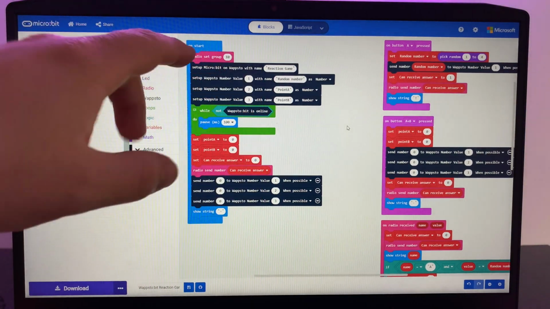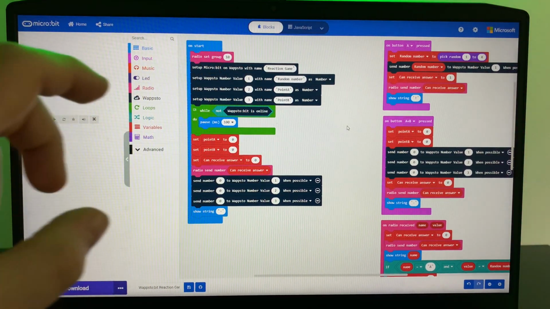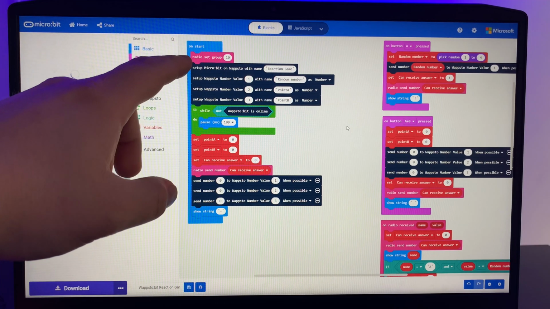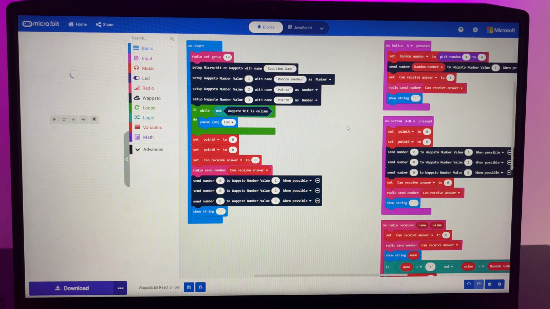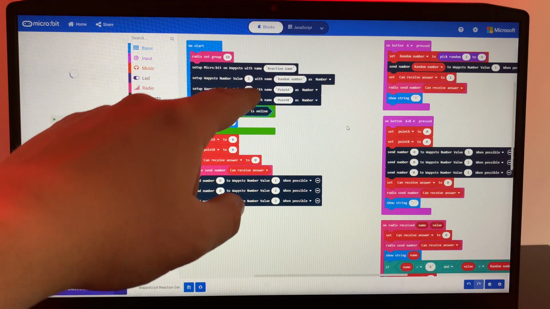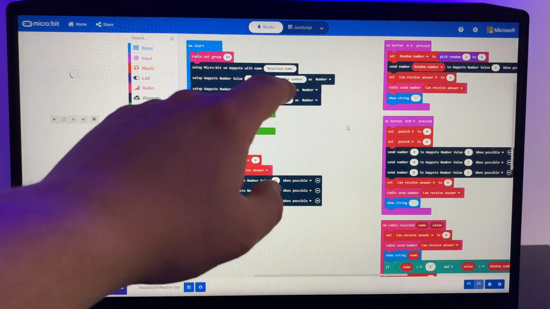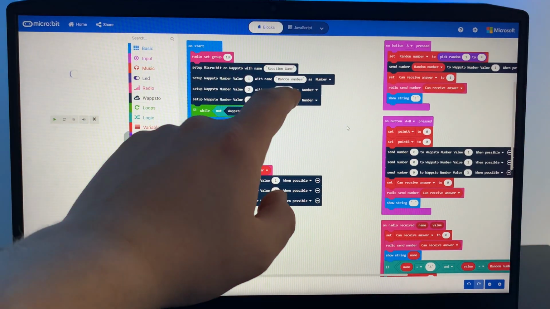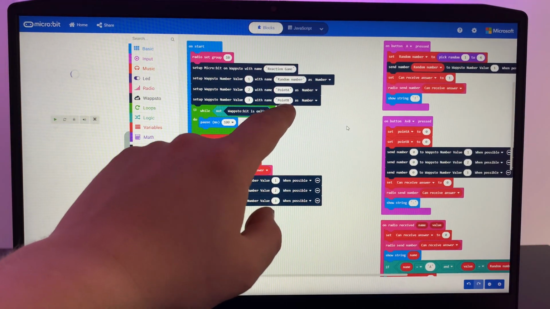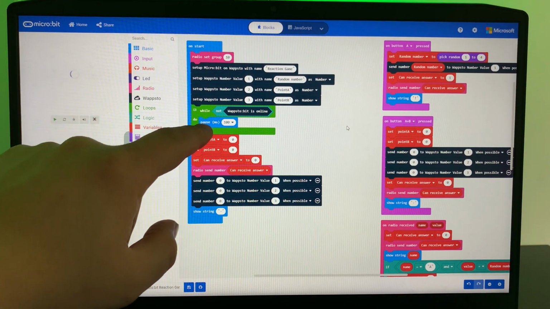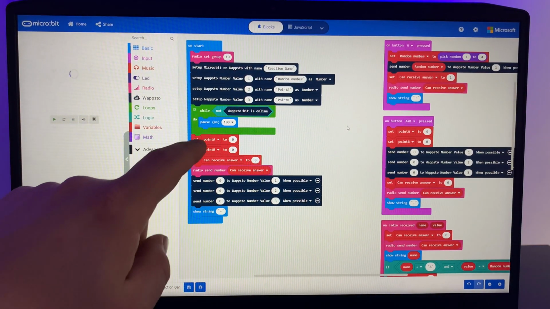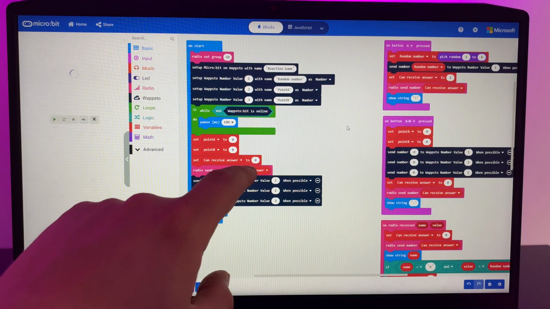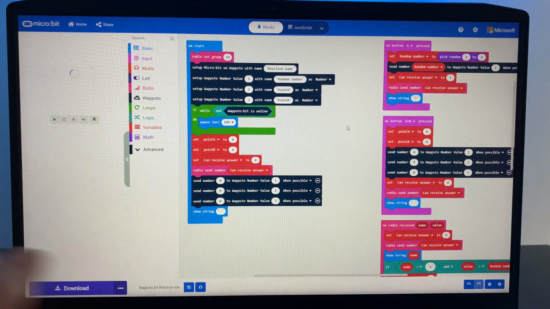On start, we'll set the radio group to 10. This is the group we are going to be communicating in. It could be anything as long as all of the devices have the same radio group. We're going to set up our Webster values and give the game a name. First value is random number, second one is point A, and third one is point B. A pause for safe measure, and then all values are sent and set to 0, so that we are sure that we start on a clean slate.